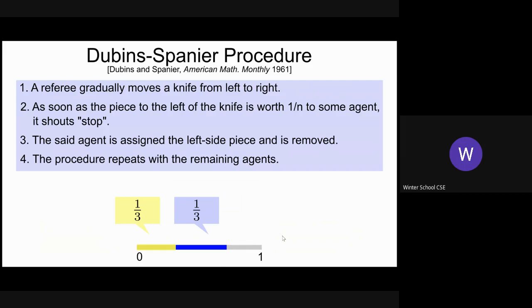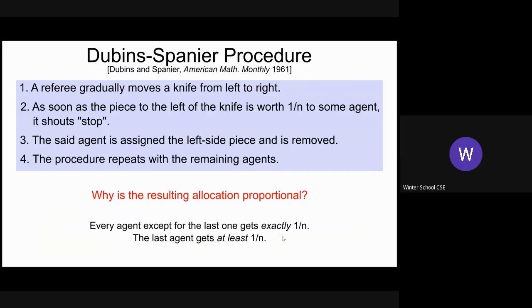Then pick anyone you like, it doesn't matter. Let's try to argue that. So why is this proportional? Every agent who gets a piece is getting exactly 1 over n by virtue of shouting,